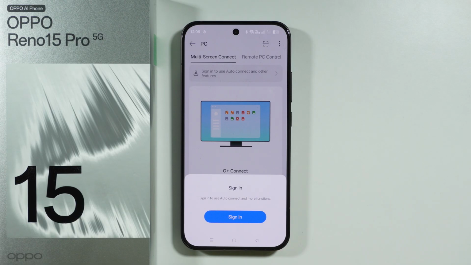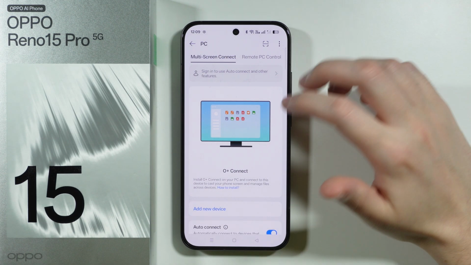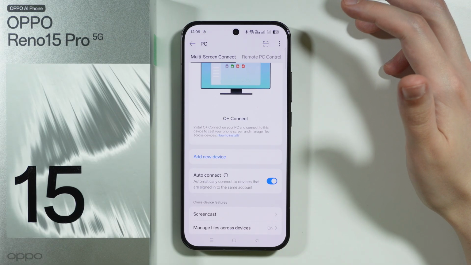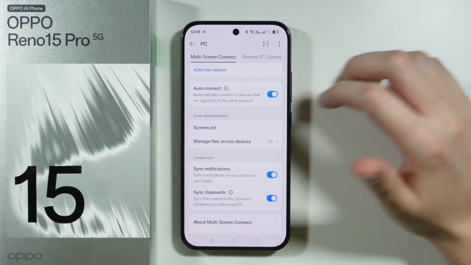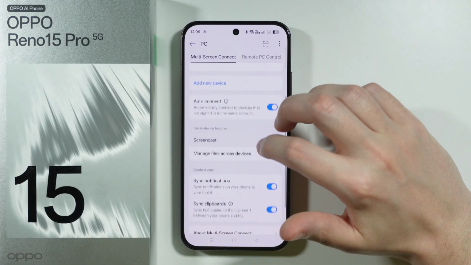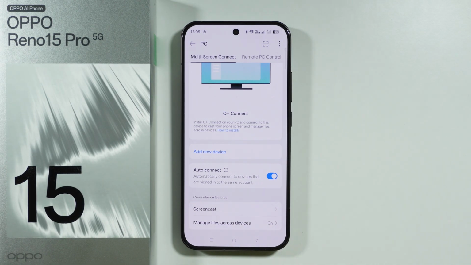As you can see over here, we have this prompt that we can sign in to an OPPO account to automatically connect and also have more features. But it is not really necessary to do so. If you want to, you don't have to use an OPPO account. It is recommended, like I said, because you can automatically just connect, and it is just much easier and it saves some time. But still, if you don't want to, you will be able to scan a QR code on